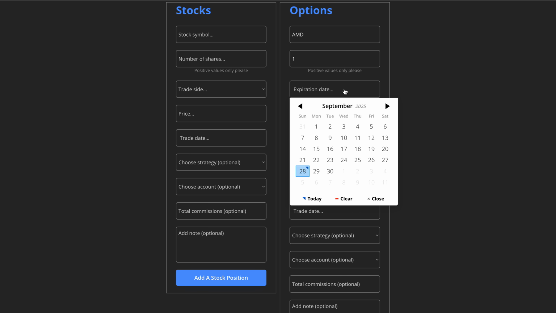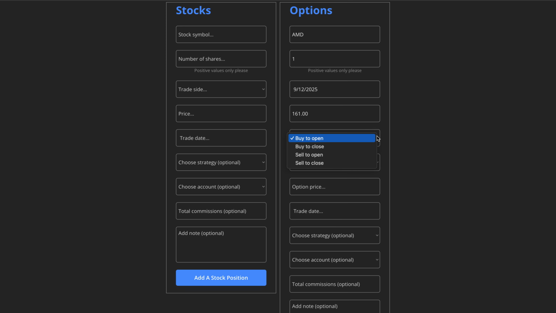But again, let's just say I sold it earlier in the month, earlier in September. Let's say it had an expiration date of September 12th. So I'm going to select September 12th for the expiration. Then strike price, let's say the strike price was 161 here. Next, trade side. So when you're selling cash secured puts, right, you're selling an option and you're selling to open